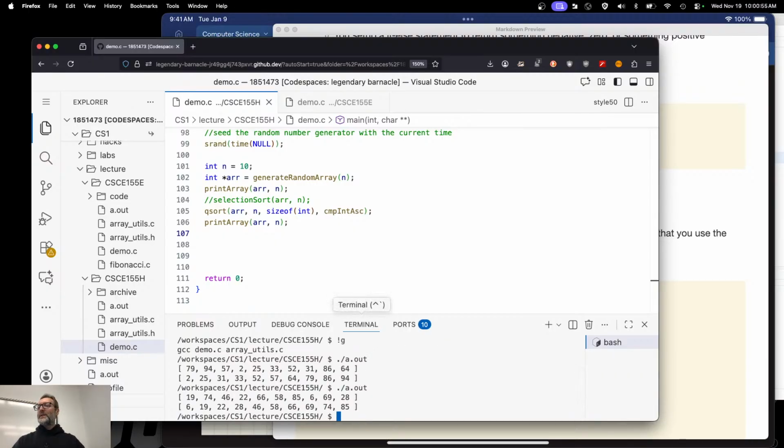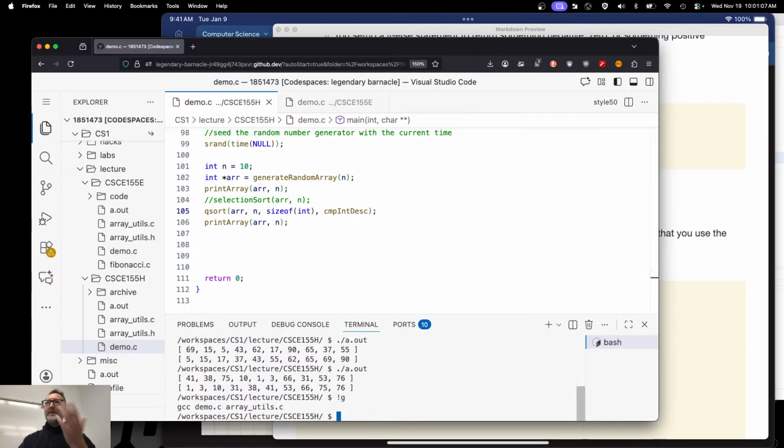Run it a couple of times here. Right? Ascending order, ascending order, ascending order each and every single time. What if we want a descending order? All we would have to do is change the comparator that we're using. I didn't have to rewrite the entire algorithm. I just had to rewrite the component that the algorithm needed in order to order things.